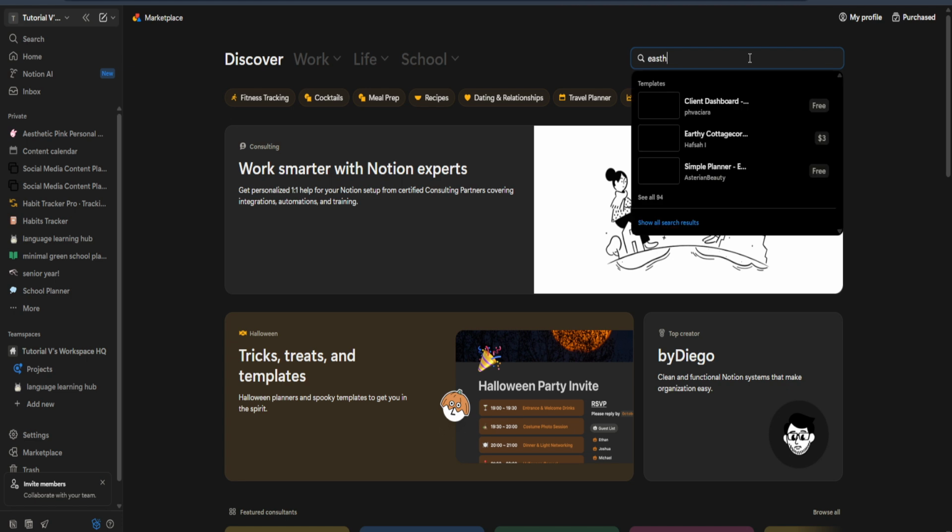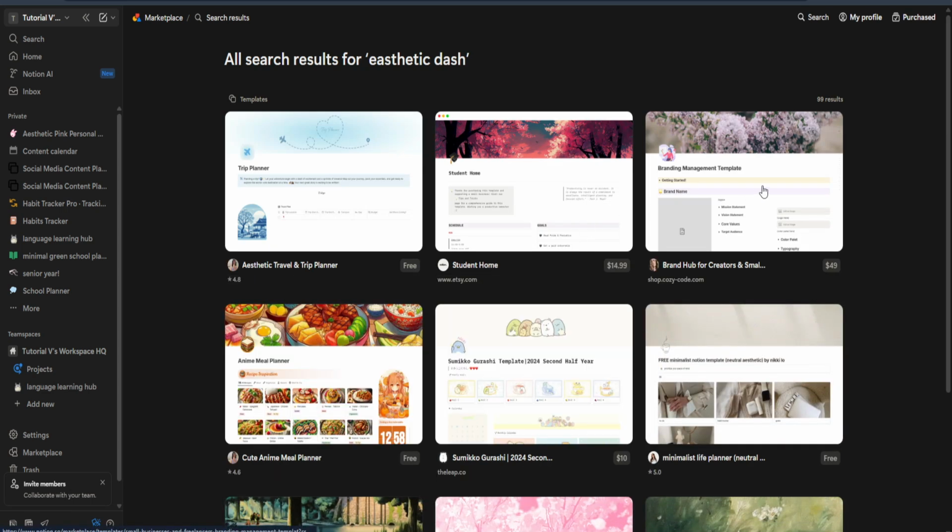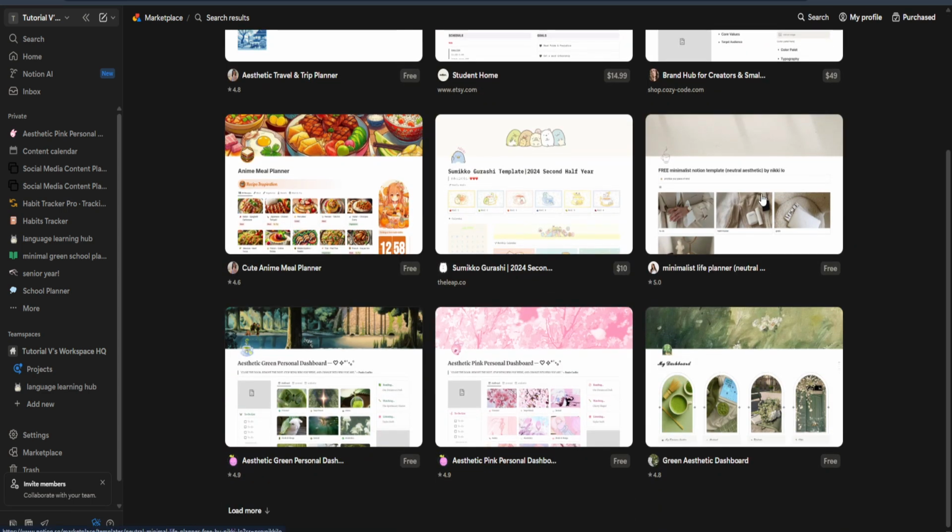This search query is specifically crafted to fetch templates that are not only functional but also pleasing to the eyes. You'll notice a variety of templates popping up on your screen, each with unique styles and setups. Once all the results are displayed, there's a See All button that you'll want to click on. This ensures that you're viewing the entire array of aesthetic options available, giving you the best chance to find something